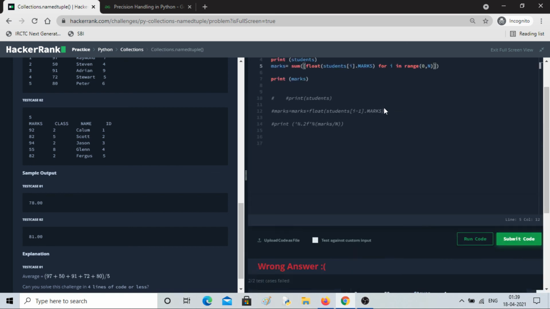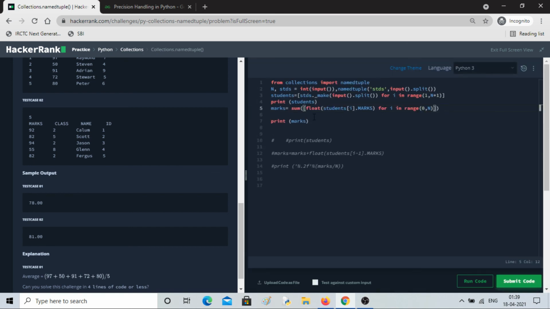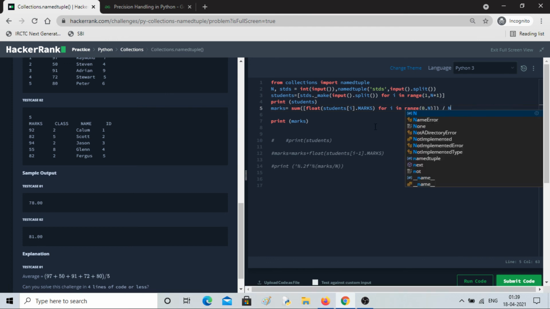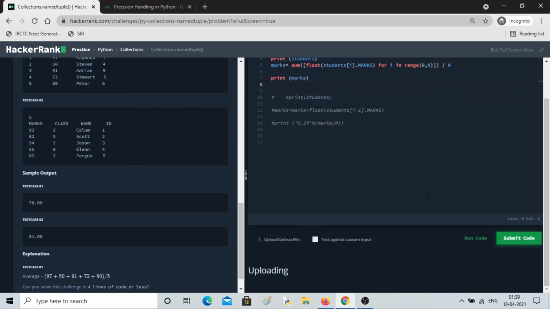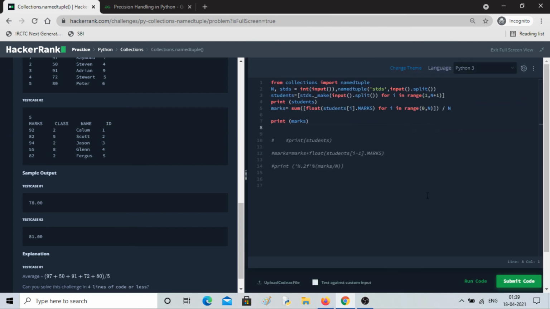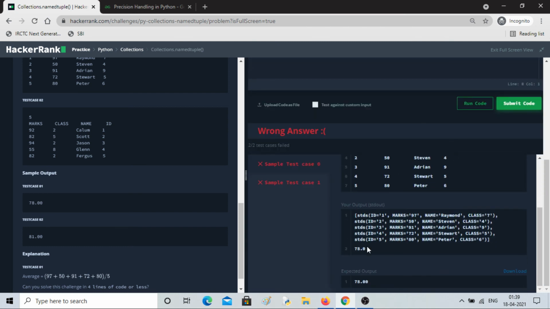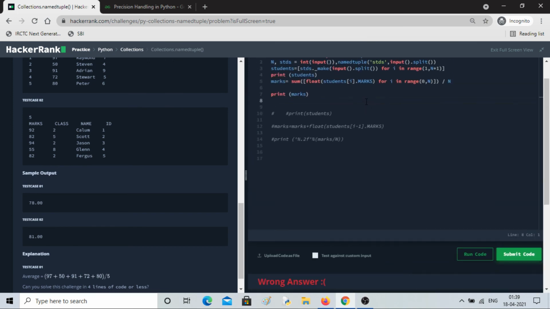Okay. Now we can divide everything by n, right? So here only I'll divide by n, capital N. Okay. So now it should come as average. So we are getting the average. Now I'll use the print statement.